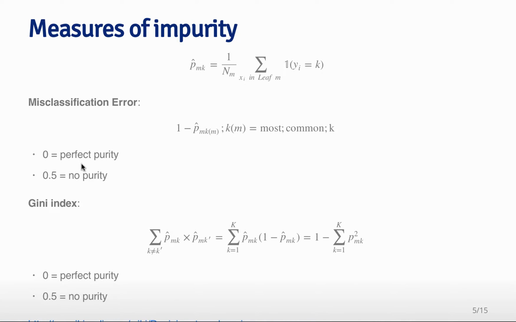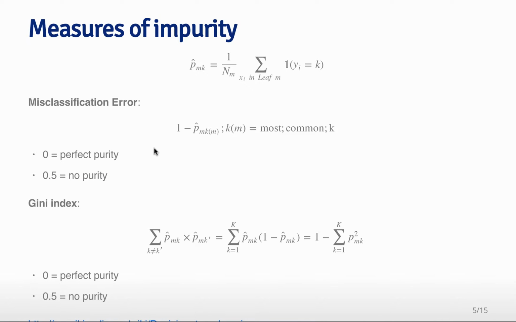So 0 means perfect purity. In other words, there's no misclassification error and all of the counties would go for Barack Obama. 0.5 means no purity. In any particular leaf, if the counties were overwhelmingly likely to vote for Hillary Clinton, then you would get perfect purity in the other direction. So it's actually when the leaf is perfectly balanced between the two different outcomes that you don't have homogeneity